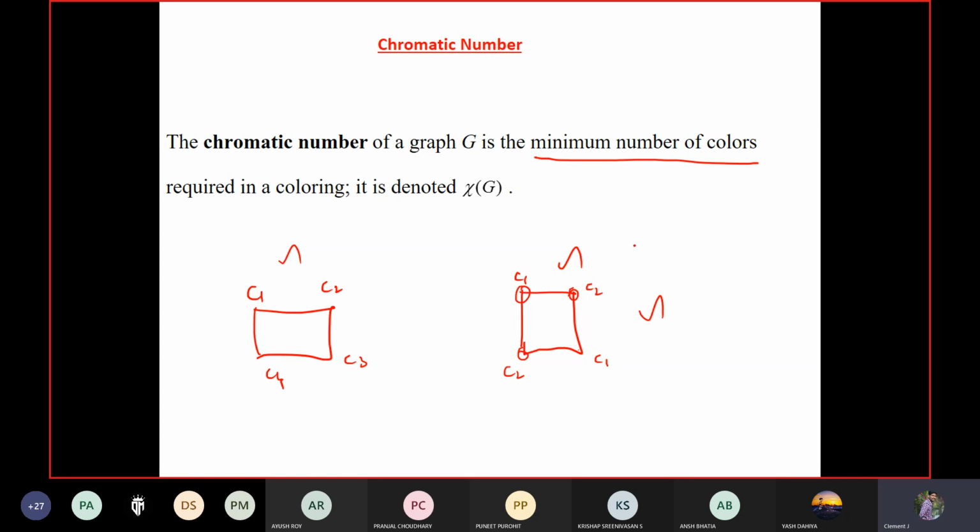So in this graph, the chi number is actually 2. Here it is not a chromatic coloring because I just assigned the coloring randomly. It comes under proper coloring, but not under chromatic coloring. Have you got the point? Okay. If the chromatic number is asked, the notation for the chromatic number is chi. The total number of colors you use in your chromatic coloring is called the chromatic number.